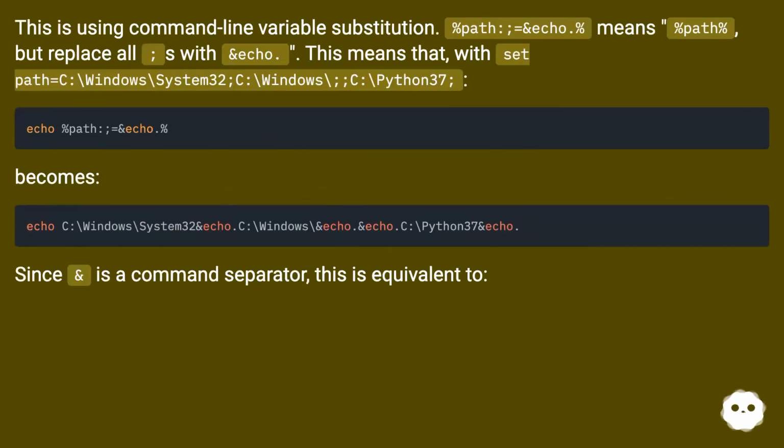This is using command line variable substitution. %path:;=&echo.% means %path%, but replace all semicolons with &echo. This means that with set path equals C:/Windows/System32;C:/Windows;C:/Python37 becomes